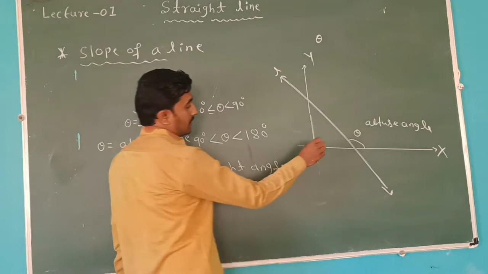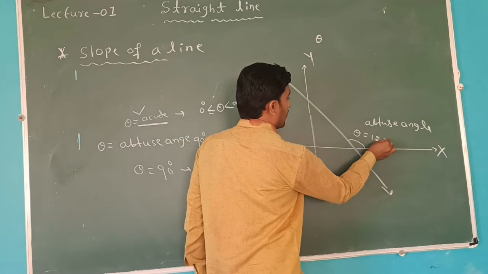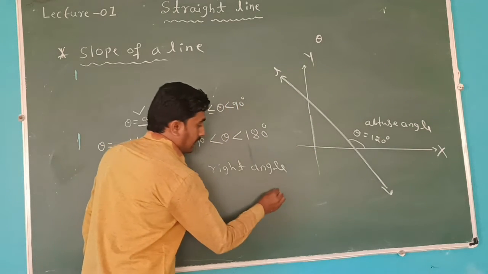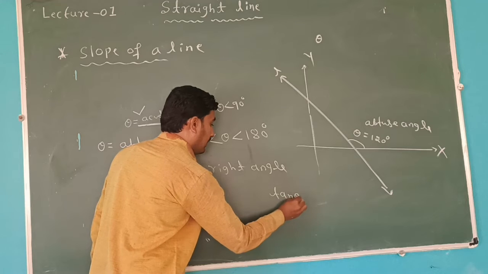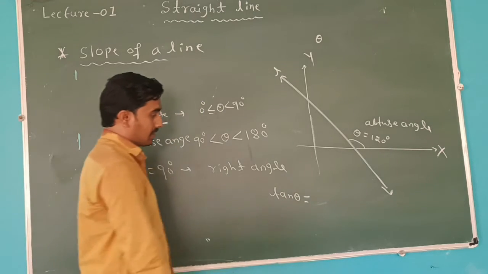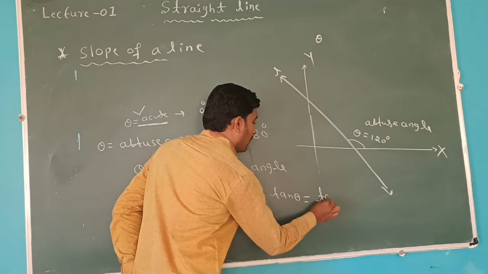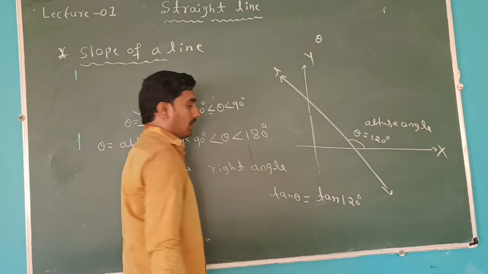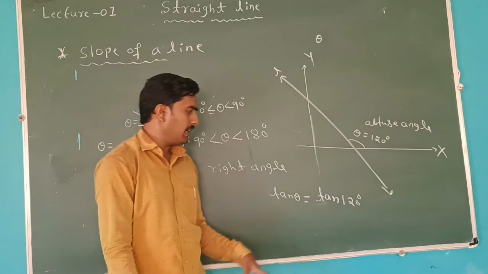Suppose theta is 120 degrees. Then tan theta is equal to tan of, what is the angle here? 120 degrees. We don't know the direct value of the tan